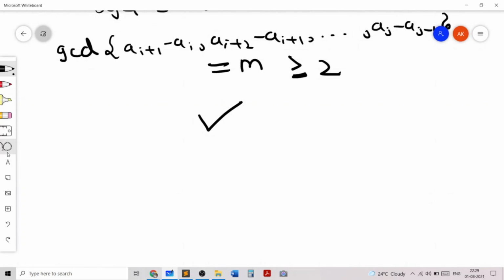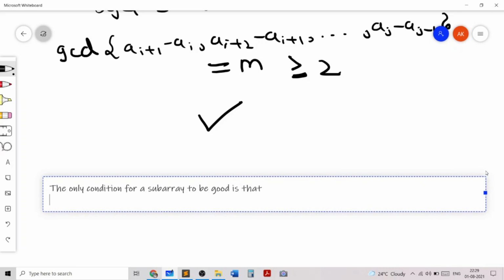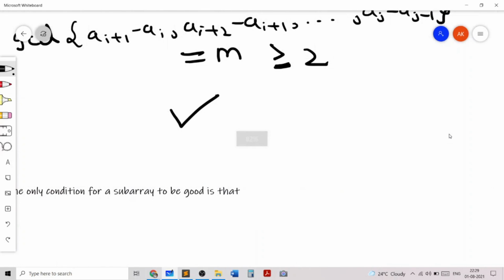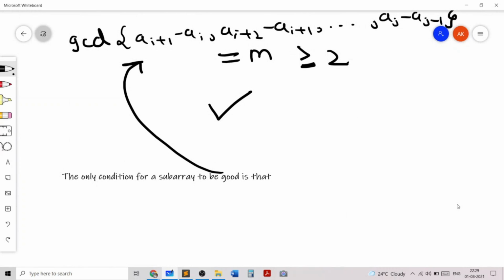So in conclusion, the only condition for a subarray to be good is that the GCD of this entire set of terms should be greater than or equal to 2. This condition which I have written on top is the only condition for a subarray to be good.